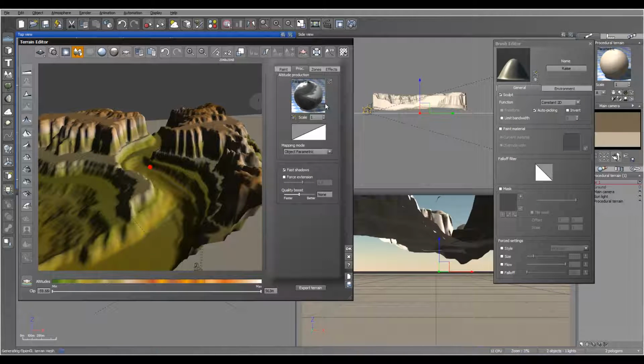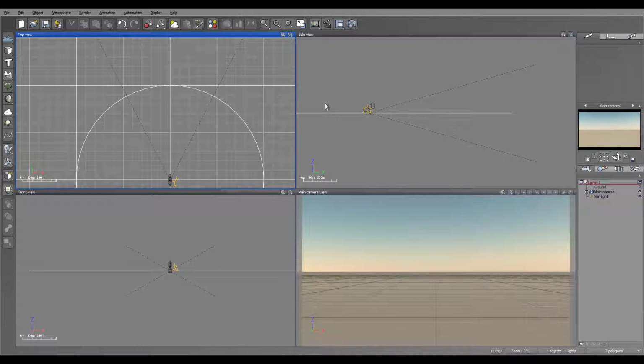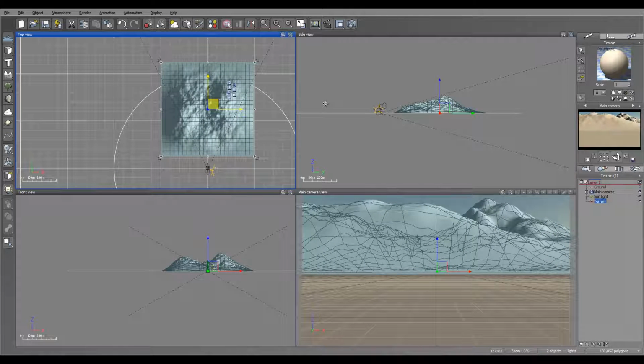But again, like I said, and let me just close this one. This is just an example showing what I want to do. It works with the standard terrain at this moment. And